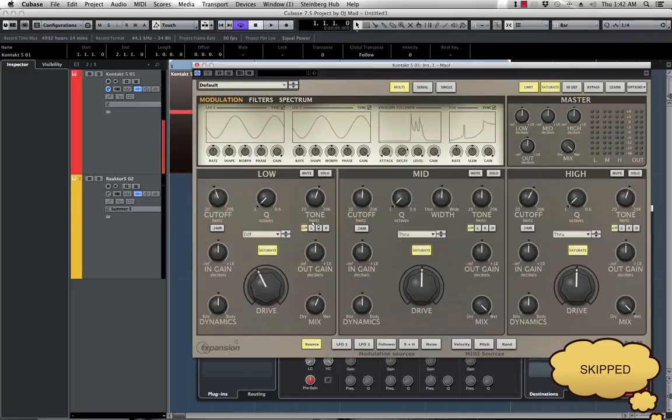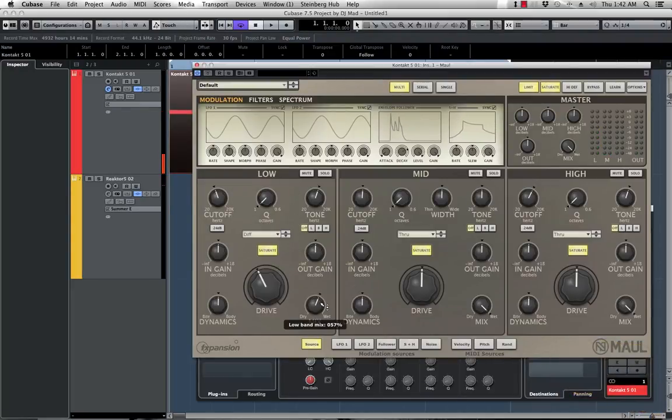So one thing that I highly recommend for you guys to do is to never completely put the mix on 100%. The reason why you don't want to do that is because the more distortion you add to your 808 or anything that has bass, the less bass. It takes away from the bass. So if you leave it dry,